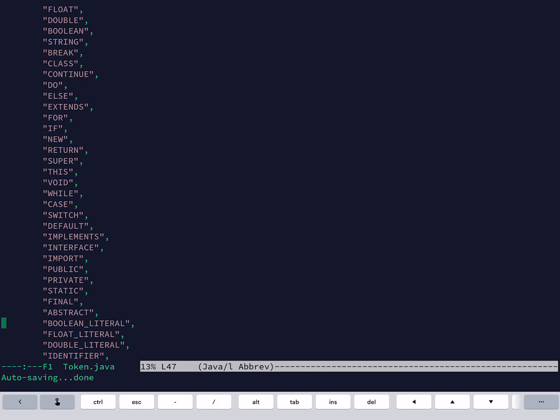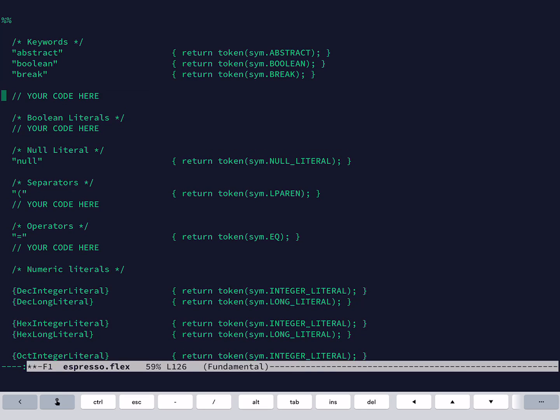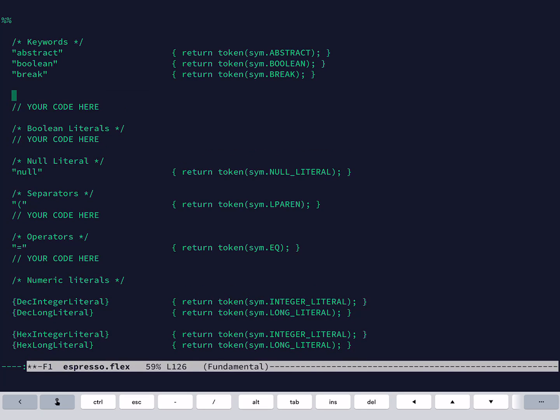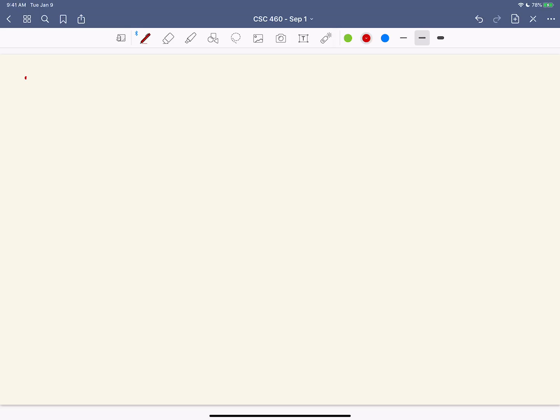So if we wanted to do that, we could say Control X K, and up somewhere here. Guess it's a keyword. Capital String. Return token Sym.string. There we go. So that's the scanner for you. Step 3. Not in red. We might have to finish this next time, but let's see.